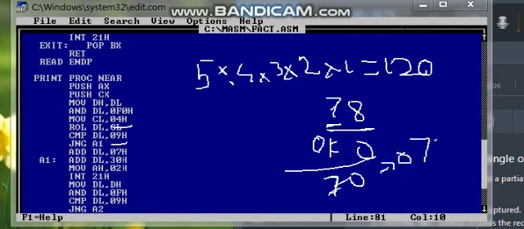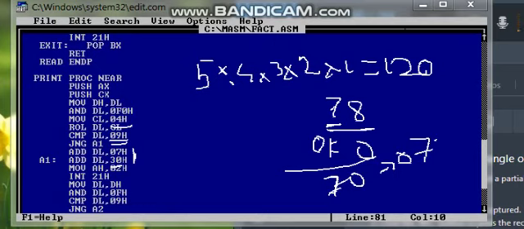It means it will interchange the nibbles. Now as we want to print it in hex, it will compare with 09h. If that number is between 0 to 9, then it will add 30h, otherwise it will add 37h. This 37h is for converting the number into hex.